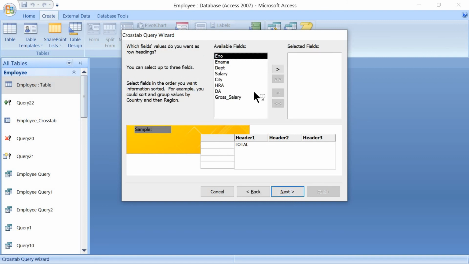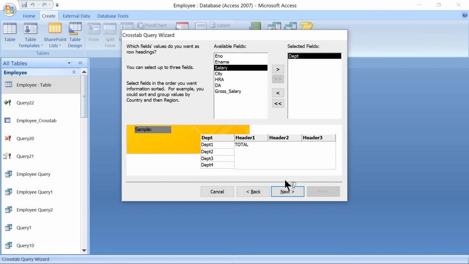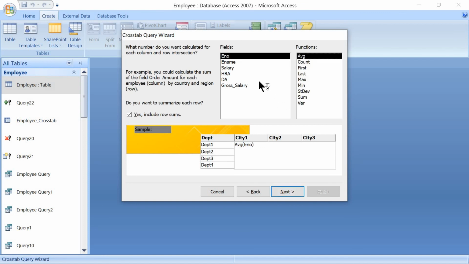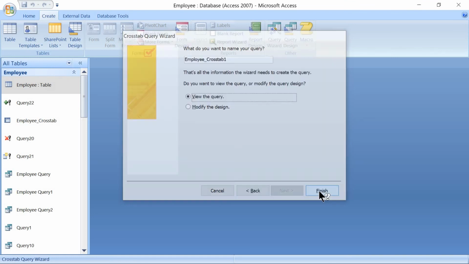Next, and here we will take for the department on the row headings. Next, we will take for the city for column headings. And here we will see for the maximum salary paid in the respective department, max, salary and max. Then next, finish.